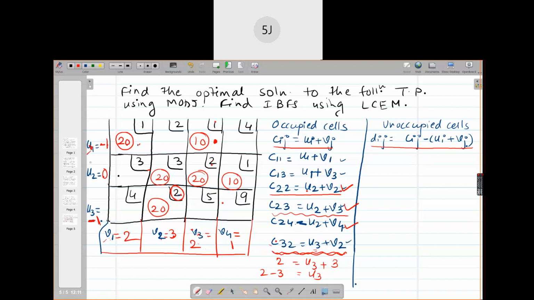आप ऐसे लिखा करो immediately U1, U2, U3, V1, V2, V3, V4. Then wherever you see maximum number of allocations for that particular row or column variable, you write down 0 answer and calculate the others immediately. Okay? Have you understood it? Write it down. Yes, ma'am. Write it down. We will calculate DIJs peacefully in the next lecture at 12:30. Okay? Let us not be in hurry. Have you written this slide?